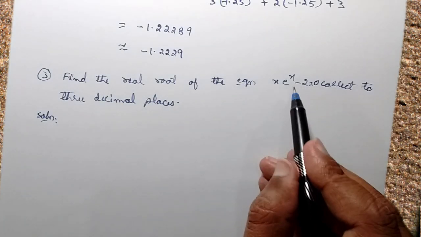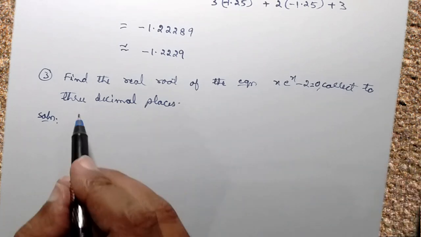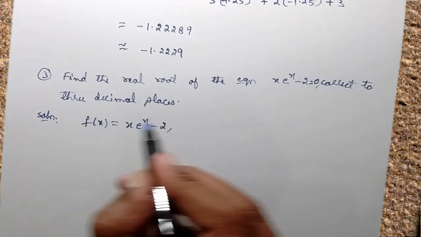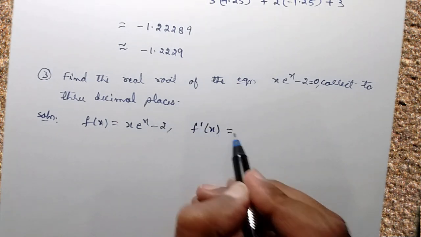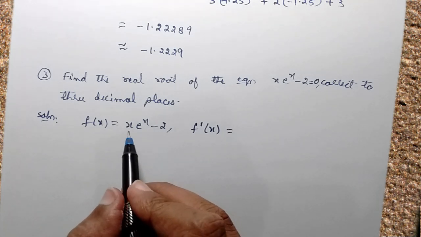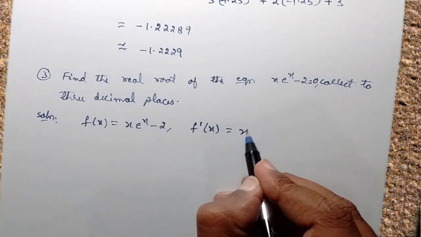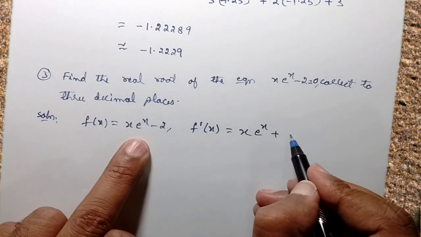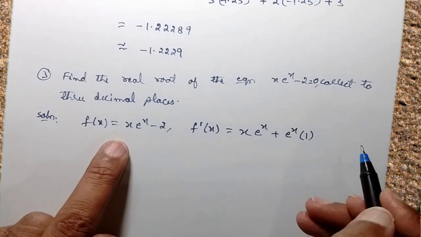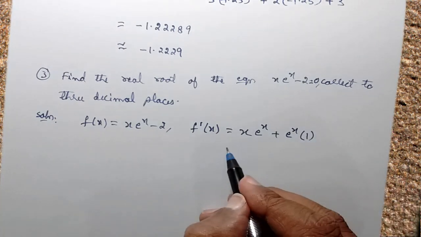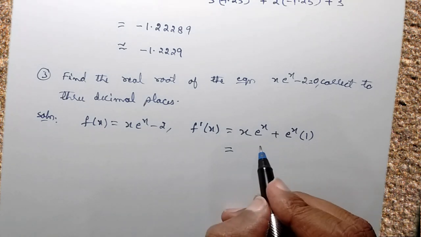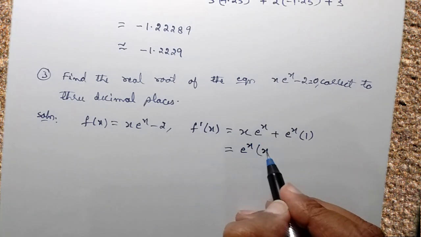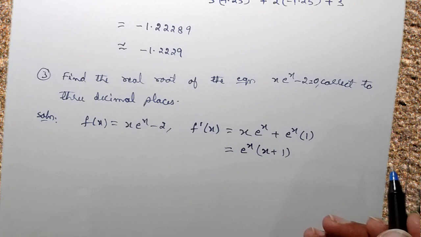Find the real root of the equation x e power of x minus 2 equals 0, correct to 3 decimal places. So the value of f of x is given over here, x e power of x minus of 2. You have to differentiate this one. f dash of x equals, because x e power of x is there, you have to use the product rule, the UV rule. So x as it is, differentiation of e power of x will be e power of x, plus, keeping e power of x as it is, differentiation of x will be how much? 1. Minus 2 is a constant, its derivative will be 0. So therefore you have got the value of f dash of x to be so much. Or if I take e power of x common, I will be left with x plus 1. This is your f dash of x value.